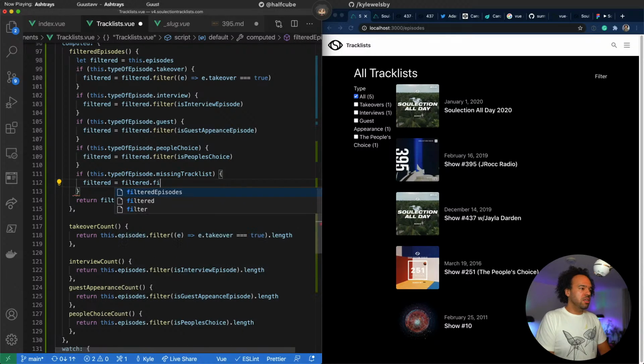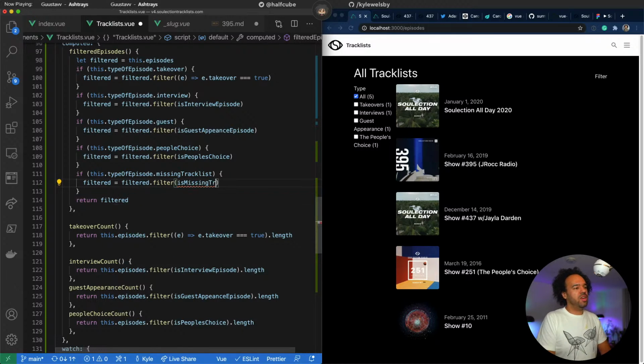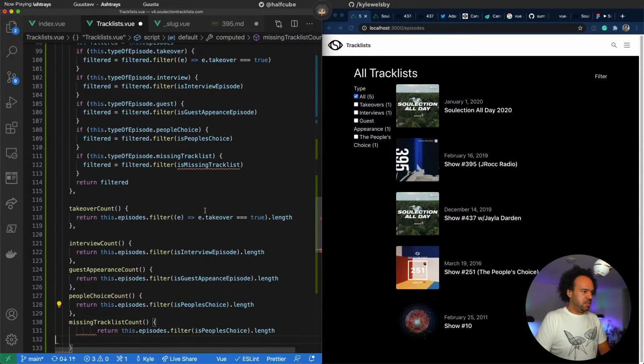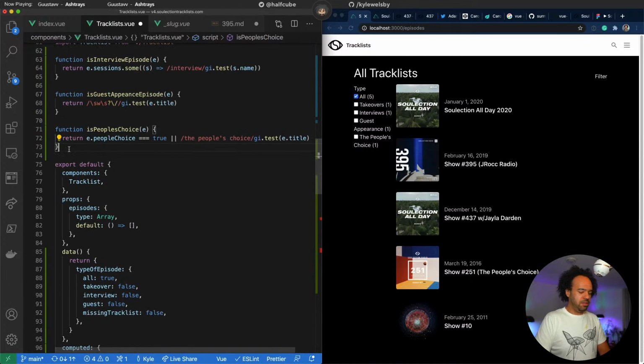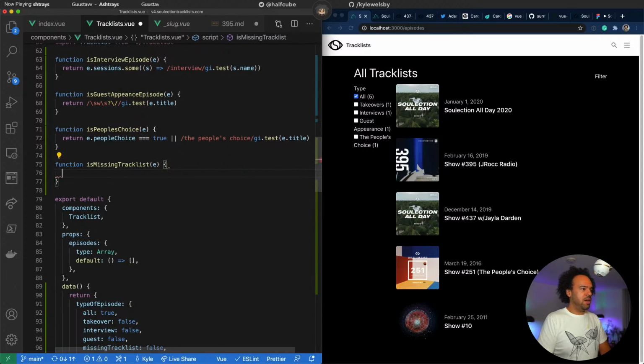Equals filtered. Filter it is missing track list. Is that in? And we go missing track list count. And grab this, grab that, throw that in there, and we'll go and add in our function. Episodes. Let's save the document for now. Return episodes where sessions.